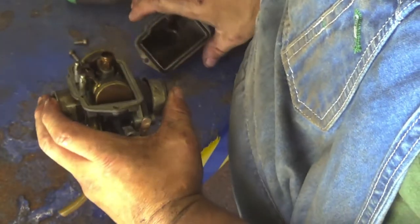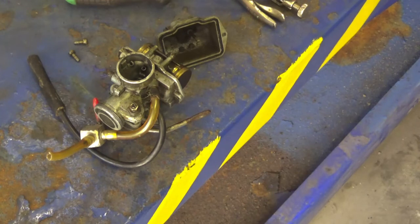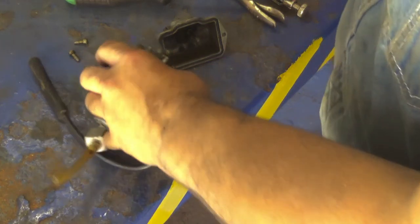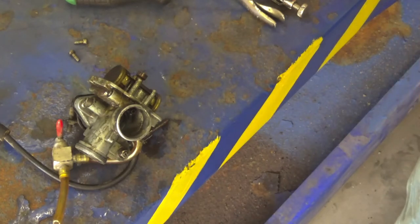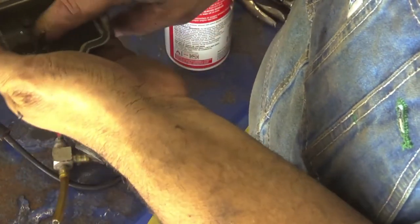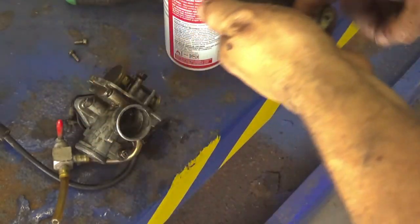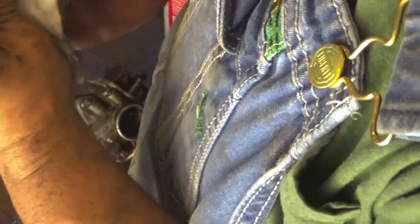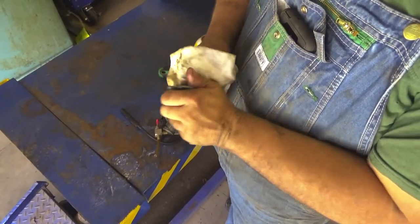Let's get that cleaned up. I could run it through the ultrasonic, but I'm probably not going to. I think I got a can of carb cleaner here. Well, I got a little bit of carb cleaner. Give that a little shot. Just kind of gave it a shot of carb cleaner. Find a rag again. There's one. Like I said, I think it's going to be a smoker. So I'll back you guys out a little. So I'm not going to go too crazy,